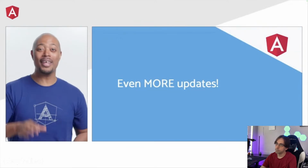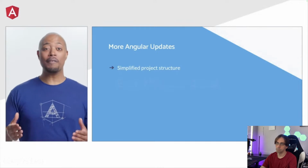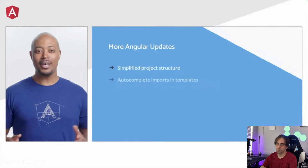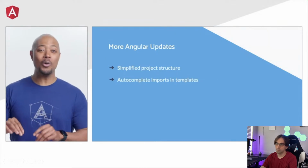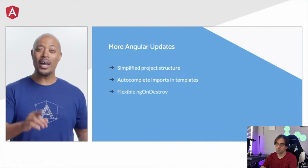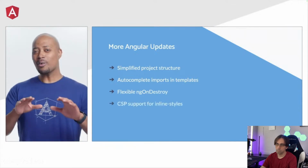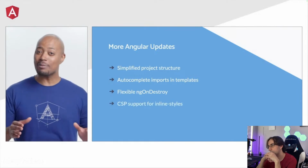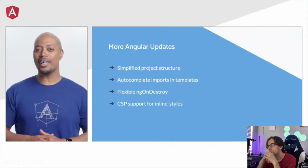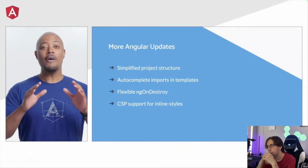Okay, honestly, there are too many features to cover in just this update, so it's time for a lightning round. By default, new projects will start with fewer files, and we've added a schematic to generate your environments file if you need it. The Angular language service can now autocomplete imports in templates. The ngOnDestroy lifecycle hook is now injectable, and it provides you with more flexibility in registering cleanup logic for your app. And while Angular has always been compatible with the vast majority of content security policy settings, we've just added stricter style source CSP support across our packages to allow developers to specify a nonce attribute for component styles that Angular